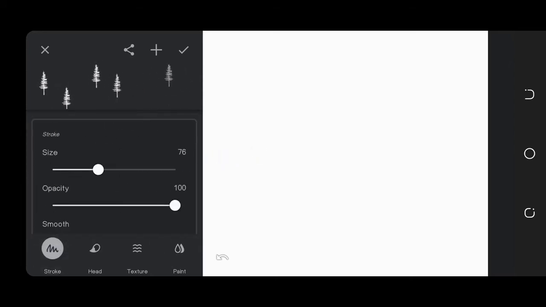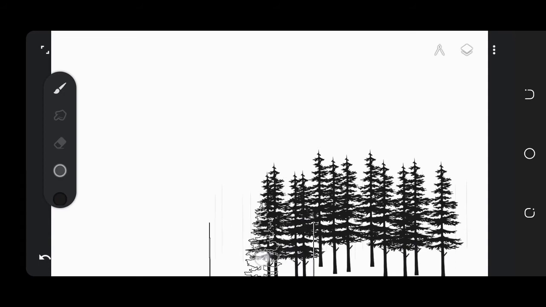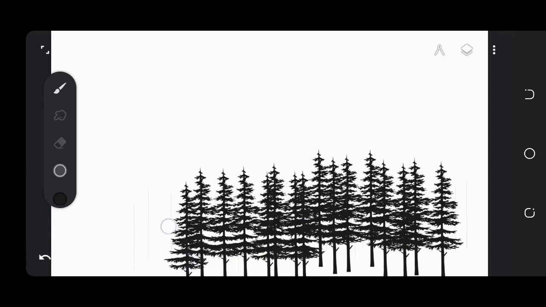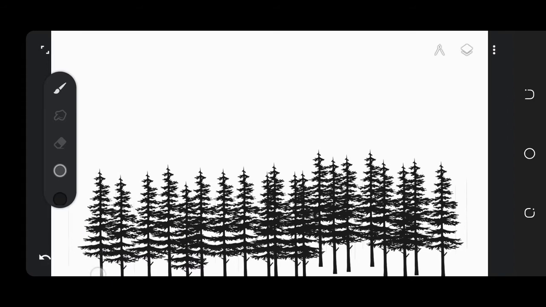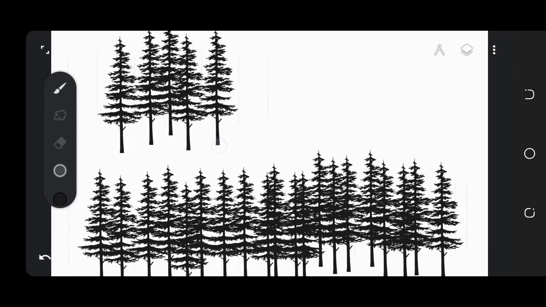Then you have to select the stroke and then increase the size to 100%. Click on the right button and then you will see that the pine tree brush is ready to use. Now use it in your drawings in your own way and see how smooth it is running. This is a quick and easy method to draw a pine